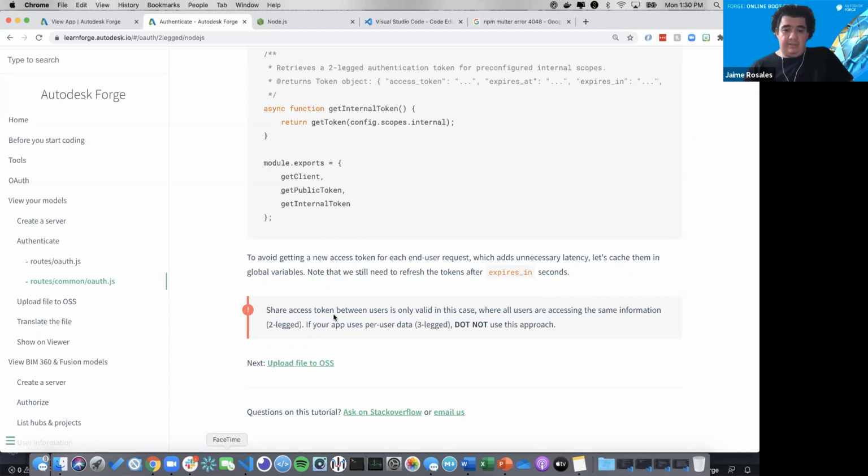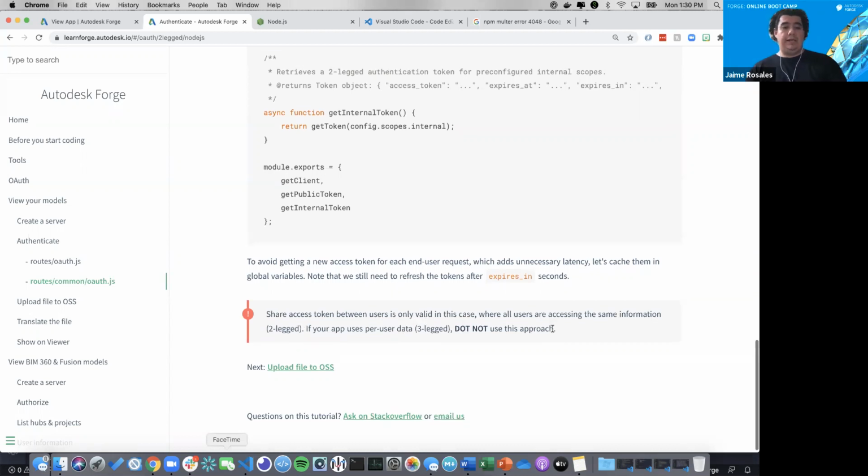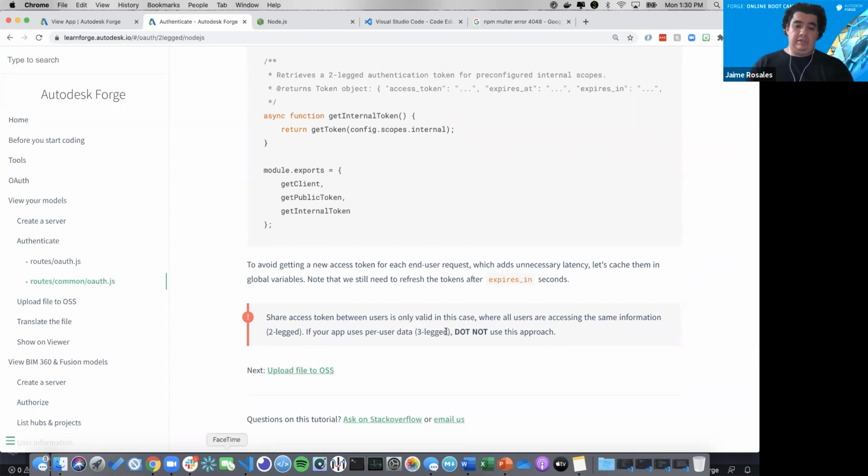Sharing access tokens between users is only valid in the case where all users are accessing the same information, which is two-legged. If your app uses per user data, which is three-legged, do not use this approach. Okay? All right. So before we move into the OSS, which will be our next section,